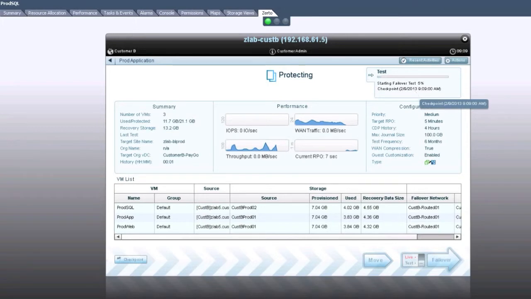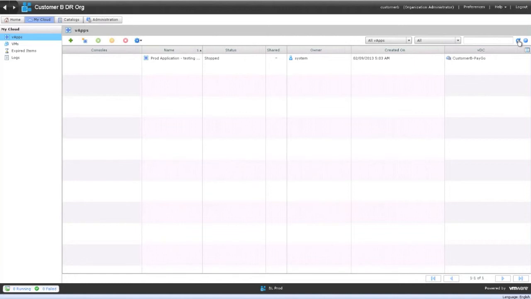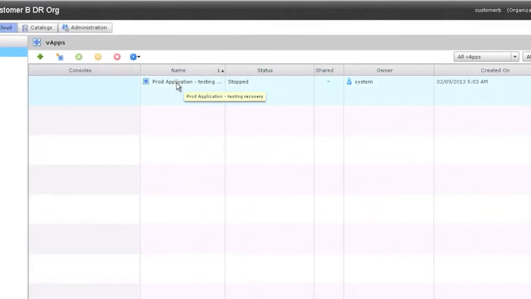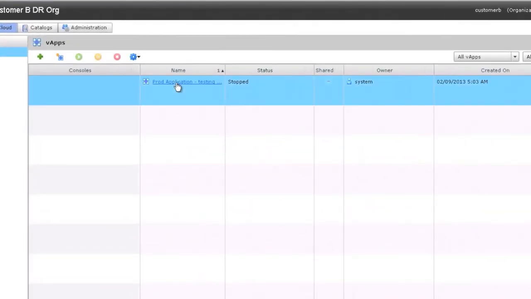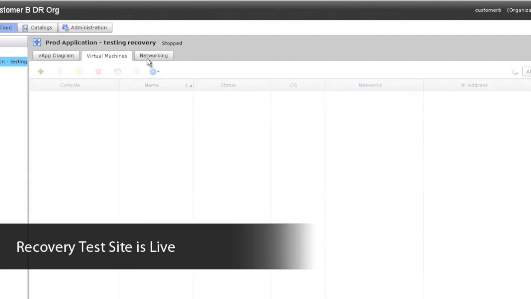Now let's view the test progress from within vCloud Director. From the vCloud Director view, you can now see that there is a production application vApp in the vApp listing that houses the virtual machines that you've chosen. This vApp is currently stopped and at this moment does not show any VMs, but the automation is working in the background. If we select the Virtual Machine tab for this